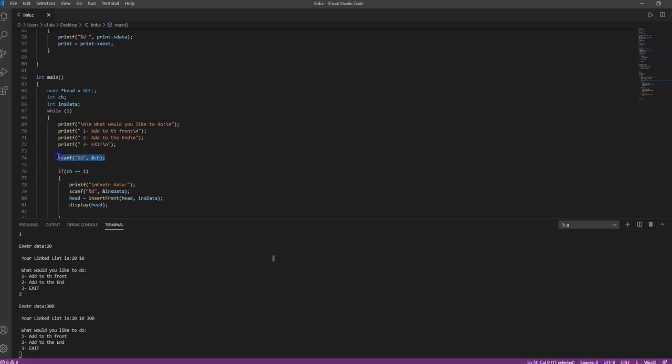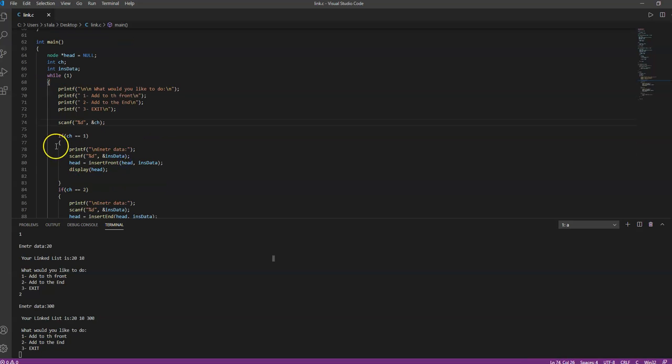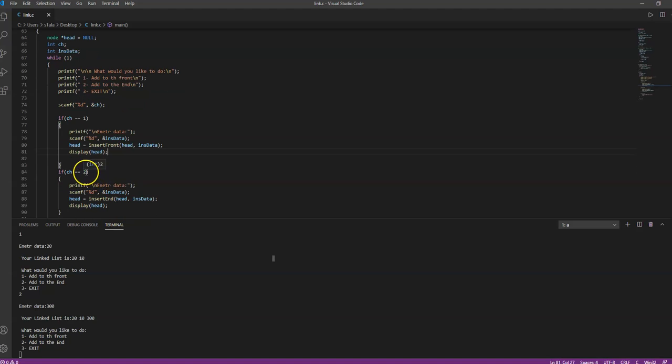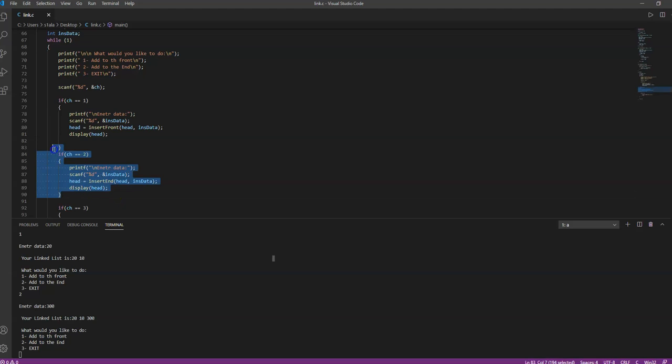Now the user will enter one of those choices, either 1, 2, or 3. If the user chooses 1, then it will just do this, where it will ask the user to add values. We will take the value from the user, and we will call the function insert, and we will just display. Now if the user chooses number 2, which is adding to the end,